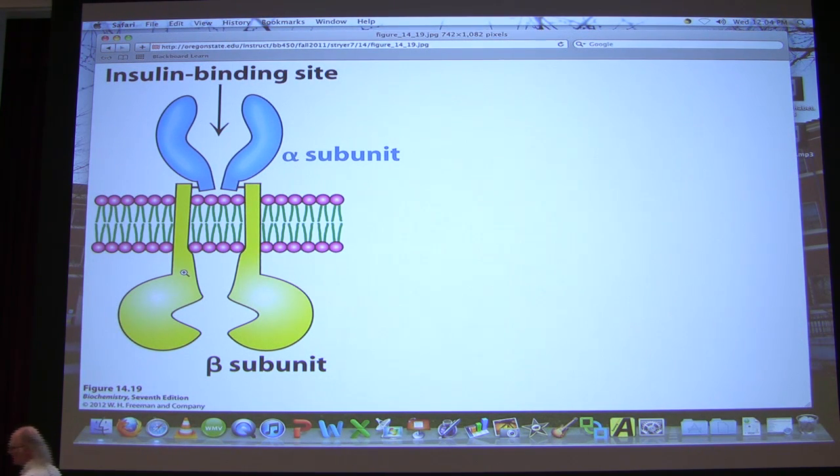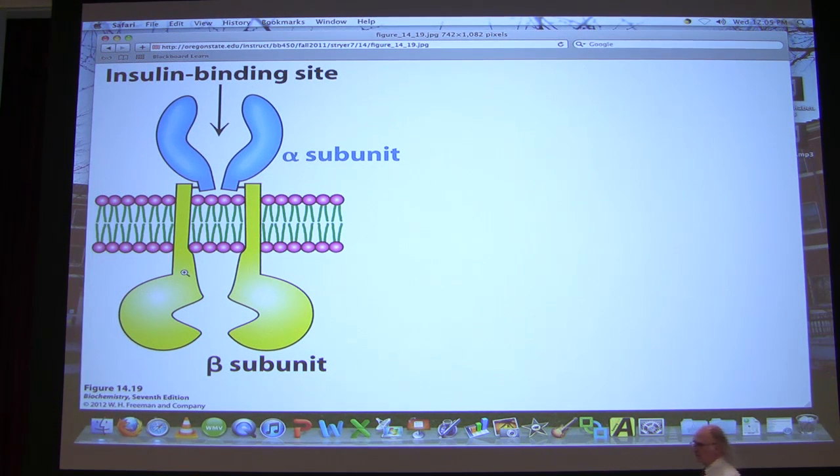Okay? So the insulin receptor is a protein that's located in the membrane of target cells, and it has a structure that looks schematically like what you see on the screen. Okay? The top part of this image is the outer part of the cell. The bottom part of the image is the inner portion of the cell. The insulin receptor exists as a dimer